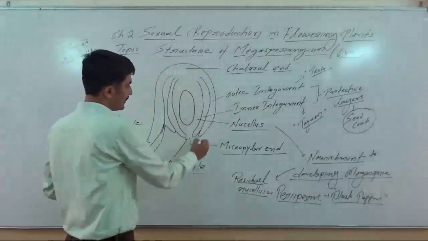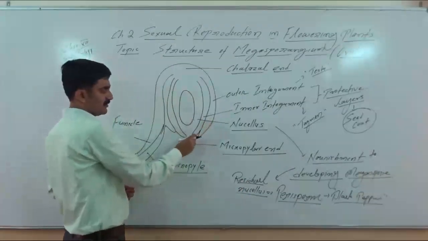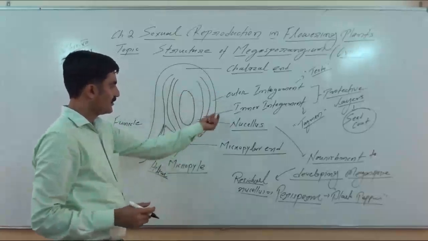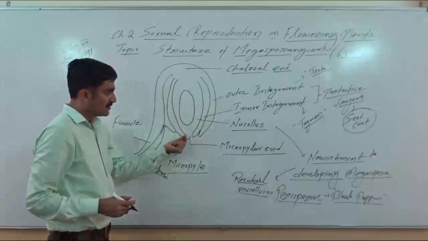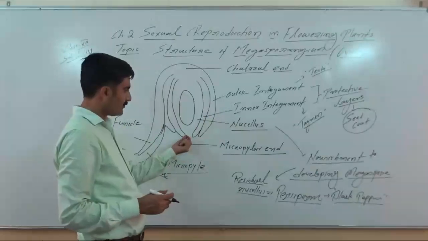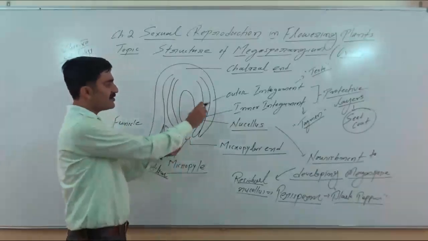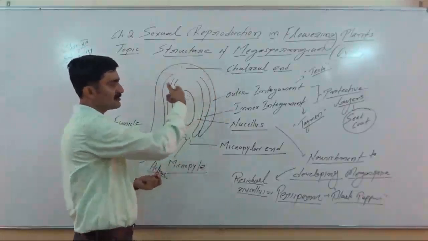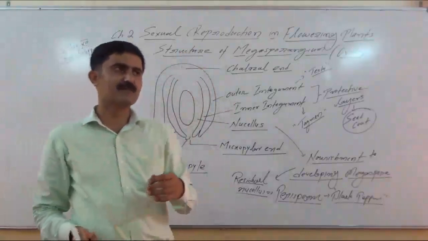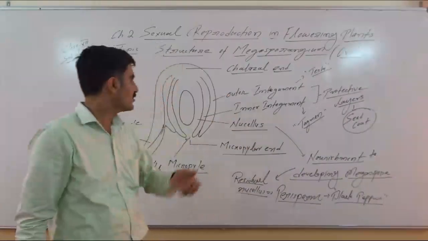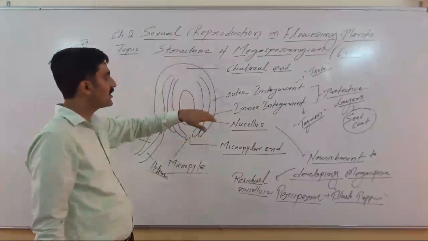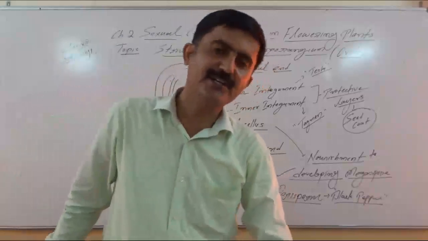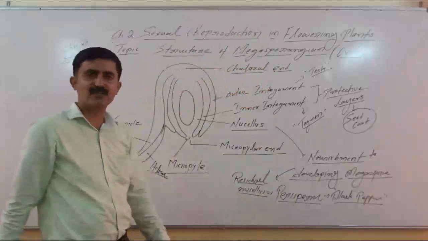The micropylar end allows the growth of the pollen tube inside it. Generally, it enters through the micropyle. So we have to remember, the common entry of the pollen tube is from the micropyle, but the pollen tube may enter directly through the chalaza. On the basis of that, we say chalazogamy, it enters through the chalazal part. And if the pollen tube enters through the micropyle, then we use the word porogamy.